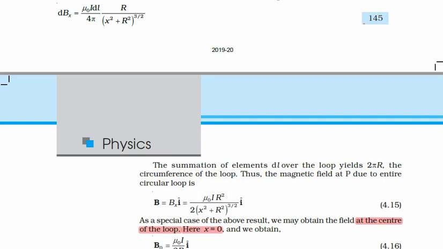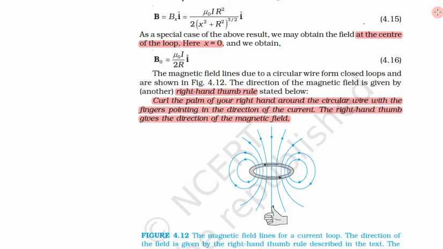Now in this expression you can see again that the magnetic field is only in the x direction, because magnetic fields perpendicular to the x direction were cancelled out, and the i vector shows that it is in the positive x direction. Magnetic field is in positive x direction. This is i hat. What is the meaning of i hat? That means it is in the positive x direction.